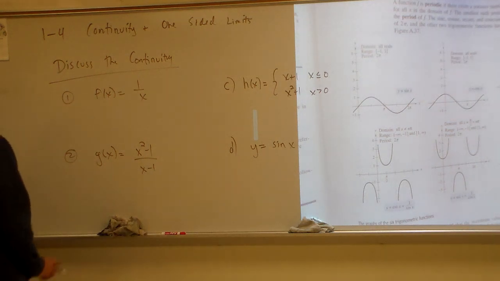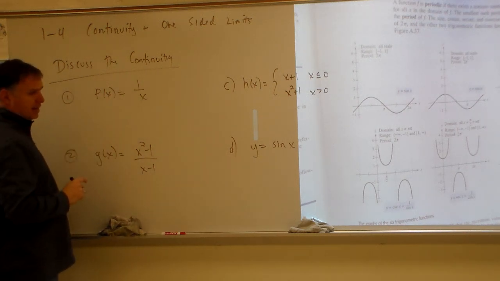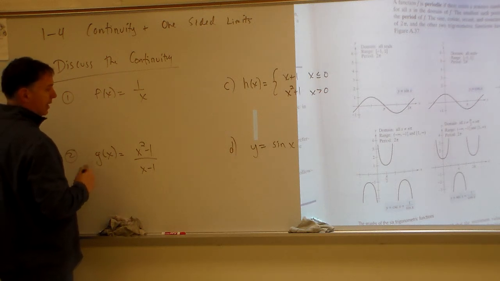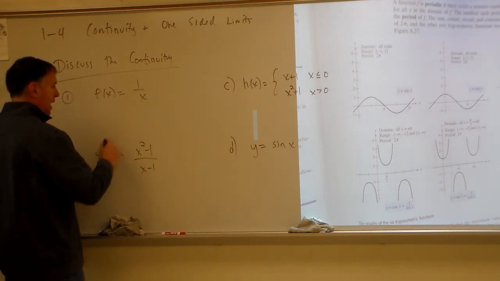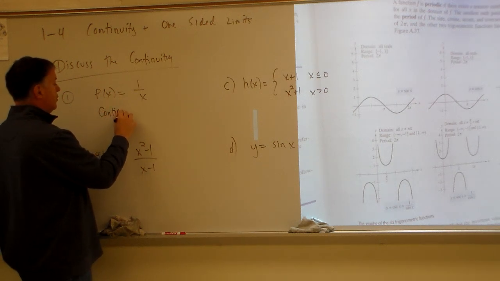So let's look at this one. Discuss the continuity. We know it's not continuous everywhere. We have a variable in my denominator, and that's going to create a problem. So x can't be 0. So we would say continuous